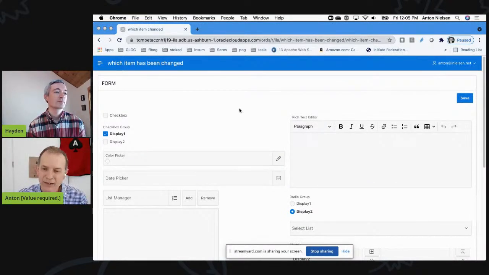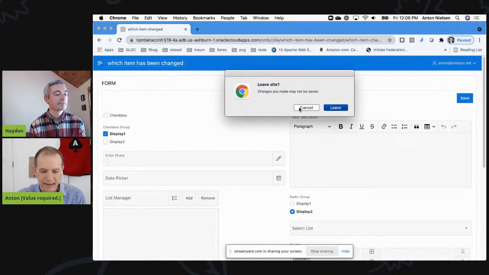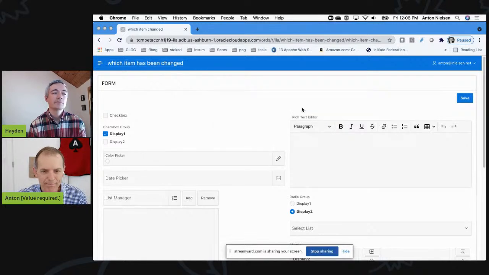And as is often the case, I was working diligently right up to the moment of this meeting, which meant that I had gone off and gotten a cup of coffee. When I returned to this application you had sent me, I had been doing something on it, I'm not really sure what, but as I navigate away from the page, I get the message that changes may not be saved. And when I click cancel, I don't have any indication as to what I changed. So I don't know if it's okay to save it, I don't know what I did, I don't know if I shouldn't save it. Can you help me out here and tell me what did I change so I know if I can leave the page?